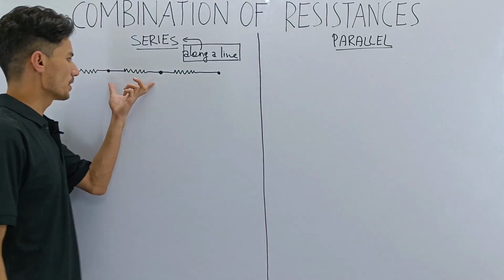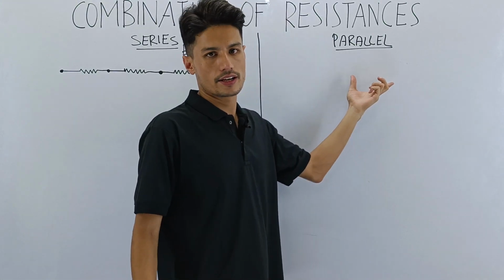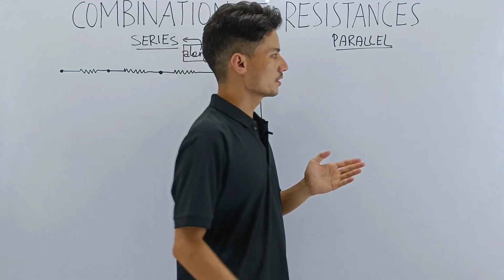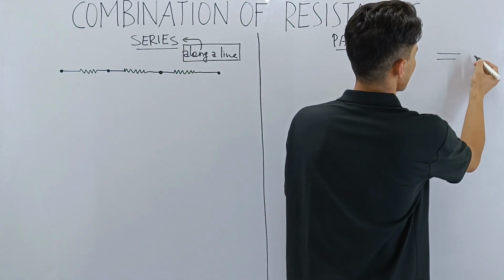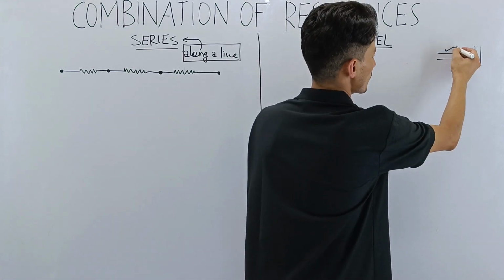If series combination looks like this, how will parallel combination look like? I hope you know how parallel lines are drawn. Parallel lines can be drawn either like this or like this. Which one are we going to take? We will be taking this one. Alright,